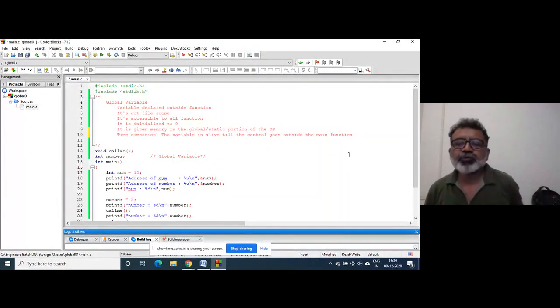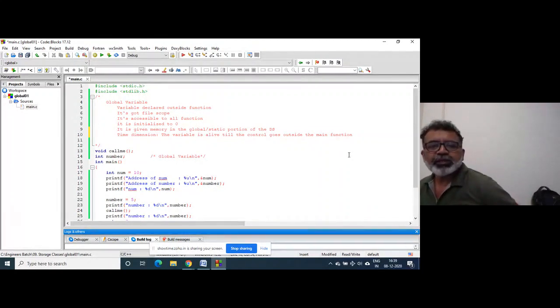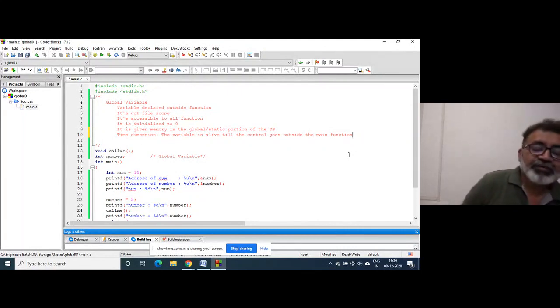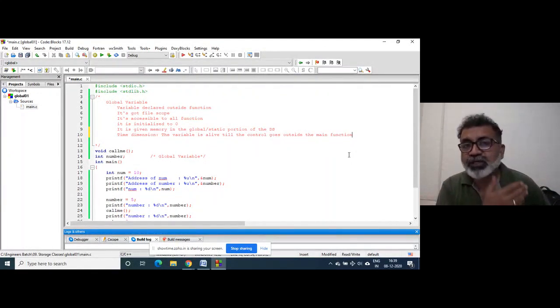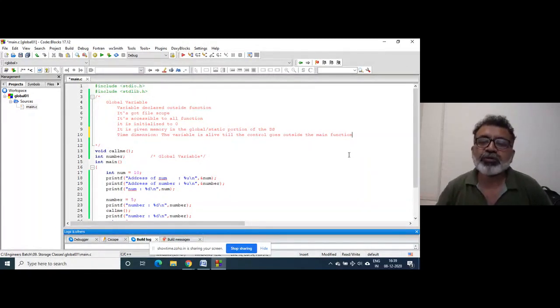So throughout the program, the variable is alive. Like a static variable, the variable is alive till control goes outside the main function. Similarly, the global variable has scope outside the main function, right?